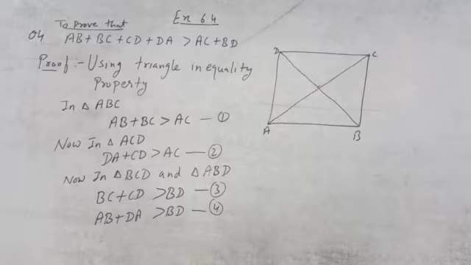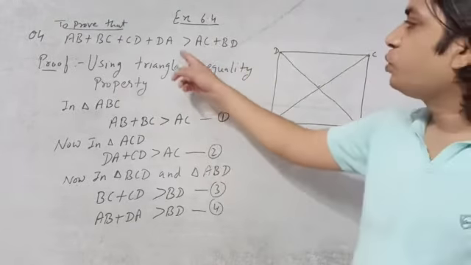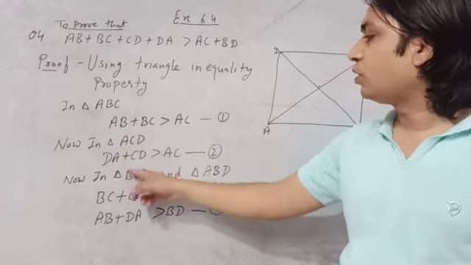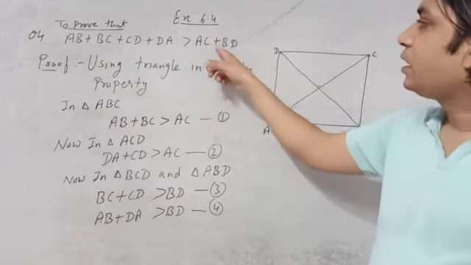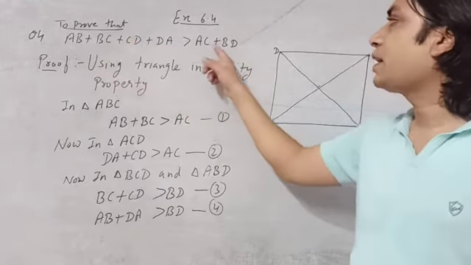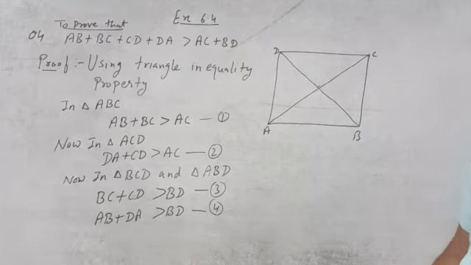Now after doing this, what we have to do? See, all these together are there. All these sides are on the left side and this is the right side. And here between them, what sign is there? Plus. So what we have to do? We will add all the equations.